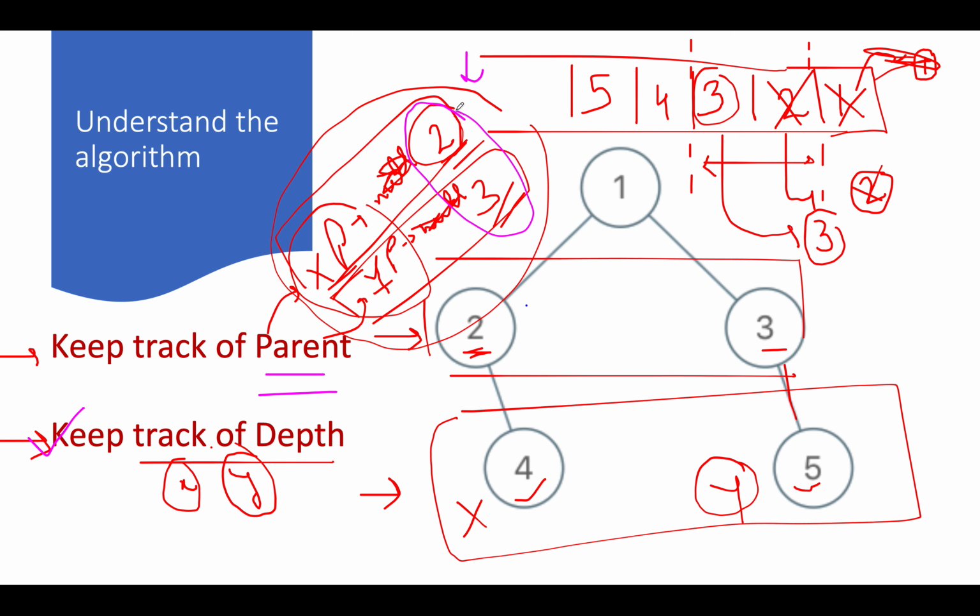Had there been the case where we had 5 here instead, then yp would have been set to 2 itself, and in those cases, although non-null values would have been dumped for xp and yp, we would have returned false because those are not cousins, those are siblings, by virtue of xp turning out equal to yp. I hope you got the context. We will do exactly the same thing when we solve it in the coding section.